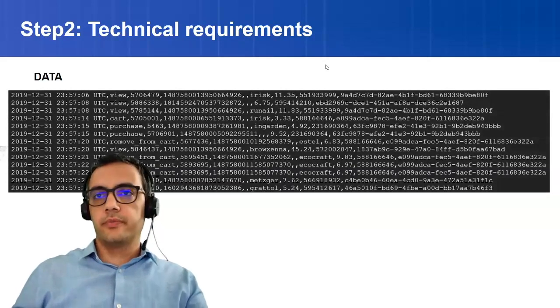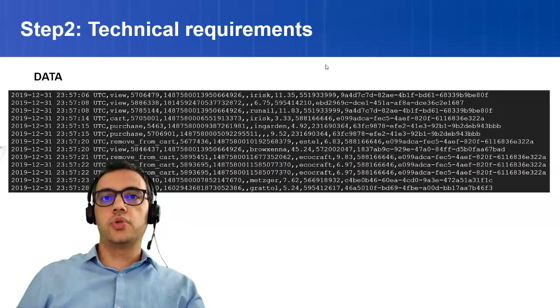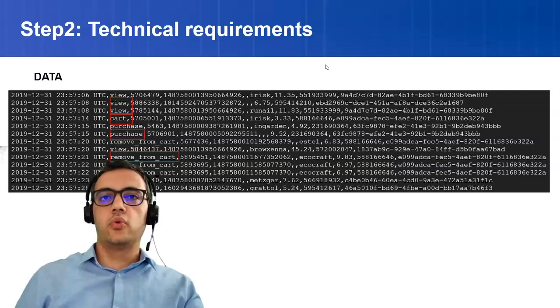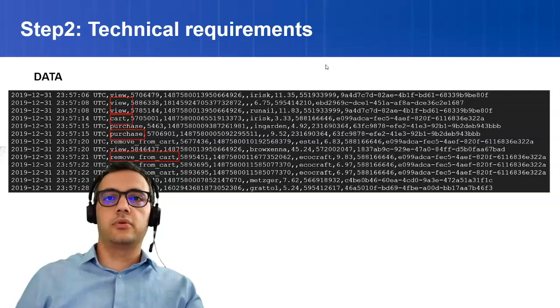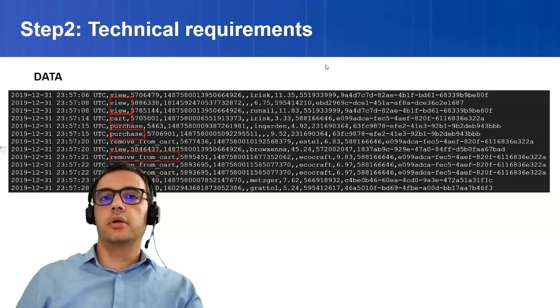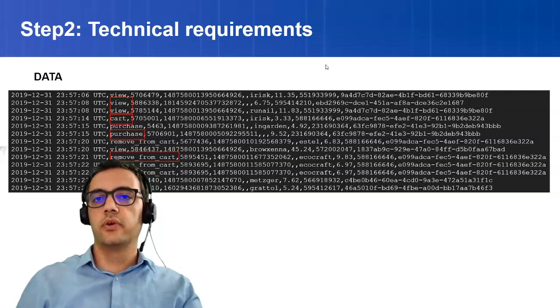And for technical requirements, what is our data actually? We have basically CSV data, which are different kinds of events for each action taken by the subscriber or customer on the e-commerce platform. Each time the customer views a product, views an article, an event is raised with the view label. Each time the customer adds a product to his cart, also an event is sent, and it's the same for purchase and for the remove-from-cart event